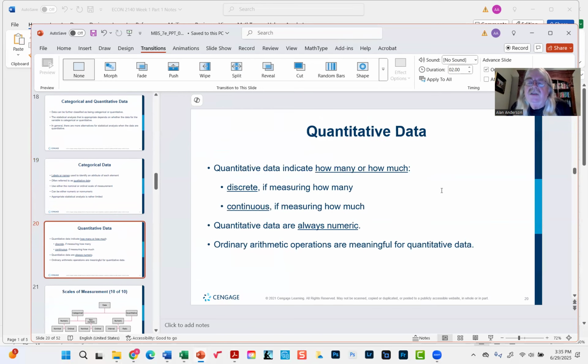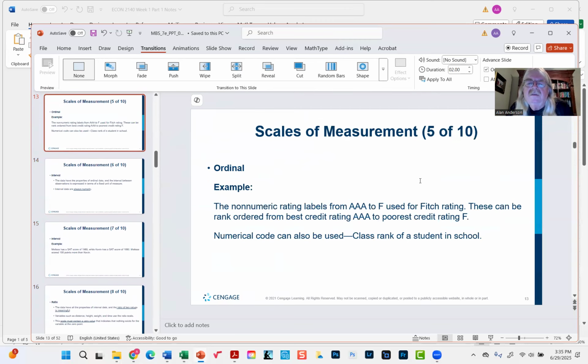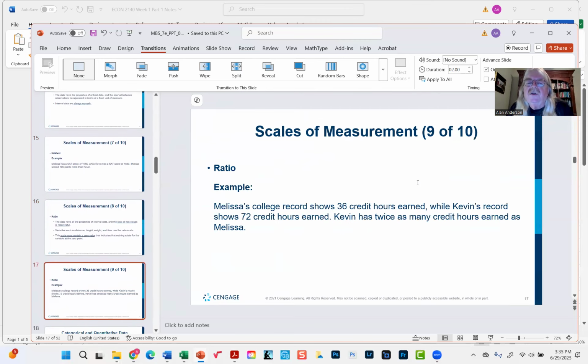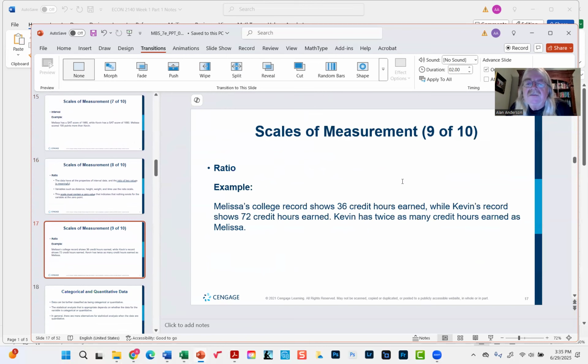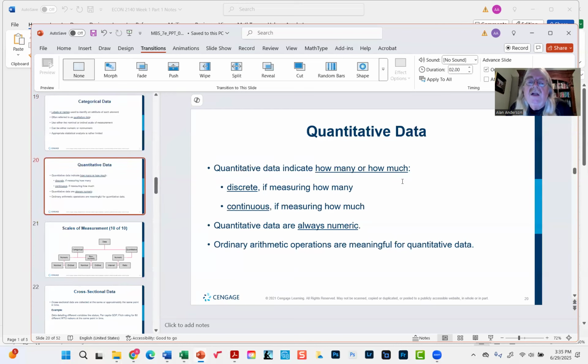Now, here we go. This is the interesting stuff. Quantitative data, numbers, of course. And of course, that means it could either be ratio or interval, but we'll mostly focus our attention on ratio data. And now here's where we do have an important distinction to make. Discrete and continuous